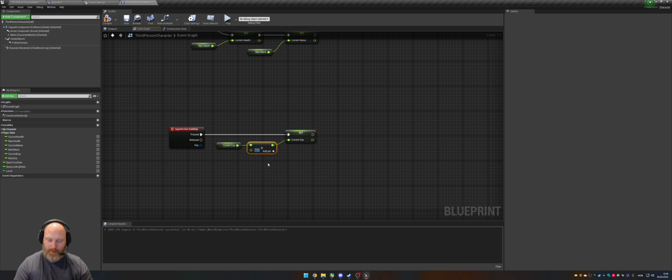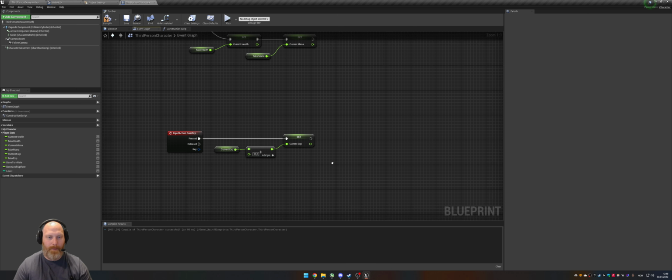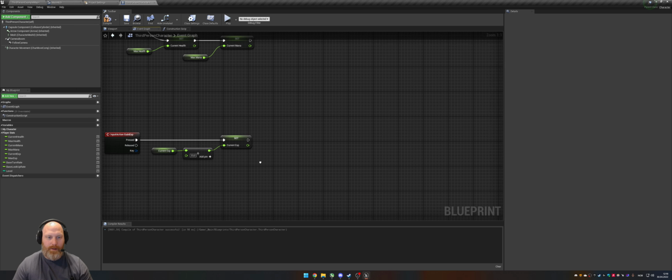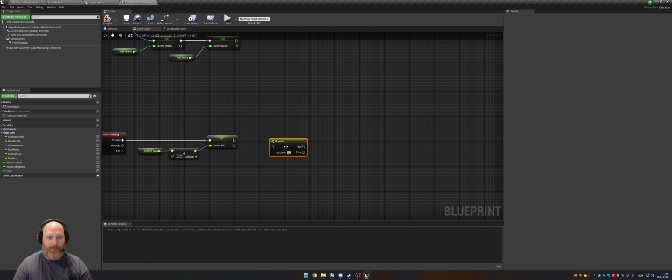Let's see, we get 33 XP each time we press. There we go. And make a branch, because we have to check when we reach